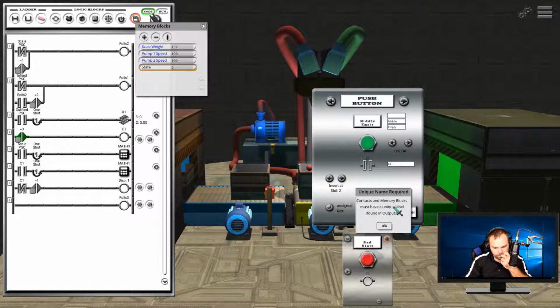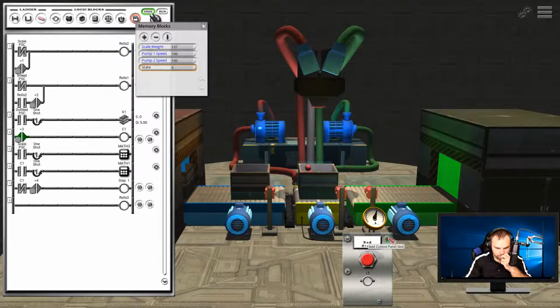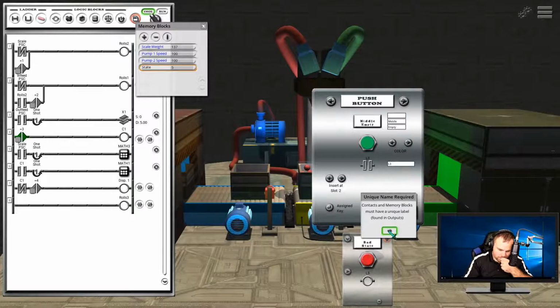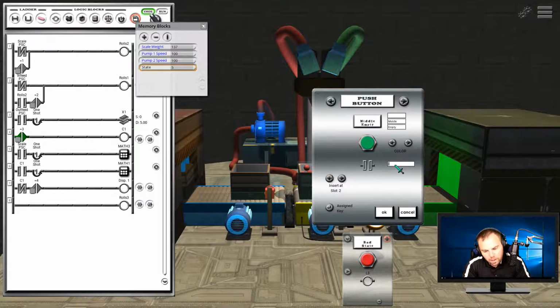Okay. Context member but must have a unique label found in outputs. Okay, fine. Trigger stage 2. Because it's full, we just need to get it back to stage 2 so that it knows